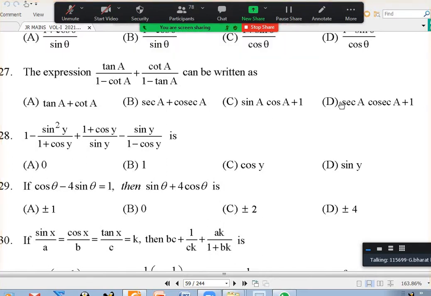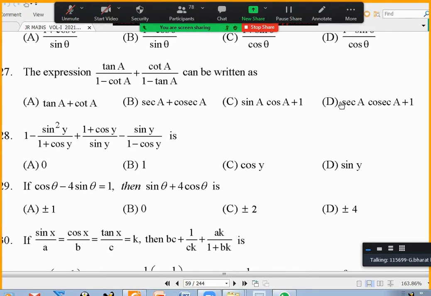Yes, please go ahead. Sir, in the equation tan A by 1 minus cot A, we can write cot A as 1 by tan A, sir. Then we'll be getting tan A by (tan A minus 1) by tan A, sir. Yes, correct. Then again plus cot A by 1 minus tan A. So this can be written as tan square A by (tan A minus 1) minus cot A by (tan A minus 1). Yes, you took minus common in the second denominator. Okay. If we take the LCM, we'll be getting tan square A minus cot A by tan A minus 1. Okay. So again, we can say that it can be written as tan cube A minus 1 by tan square A minus tan A.